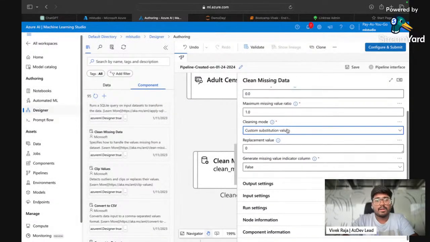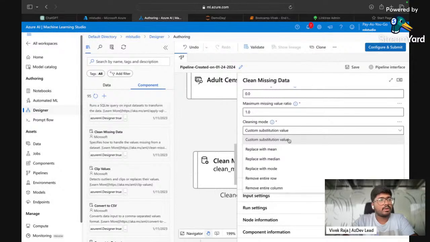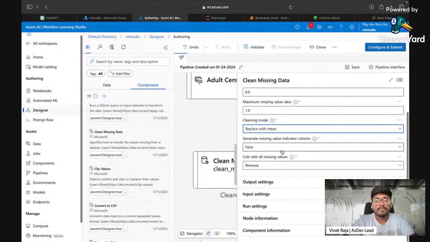Once you can do a custom substitution, that if you encounter such and such data, you can replace it with your own value, or you can replace it with a couple of these options, or you can remove your entire row if you really want to. I'm going to replace the values with mean, which is a very common approach, and that should do.